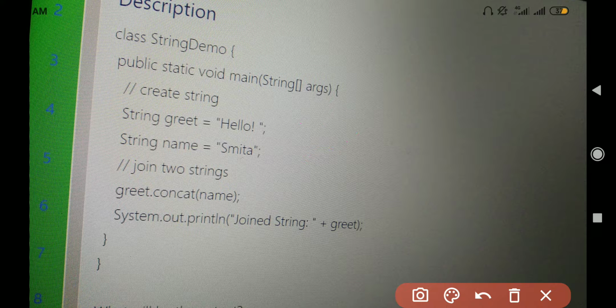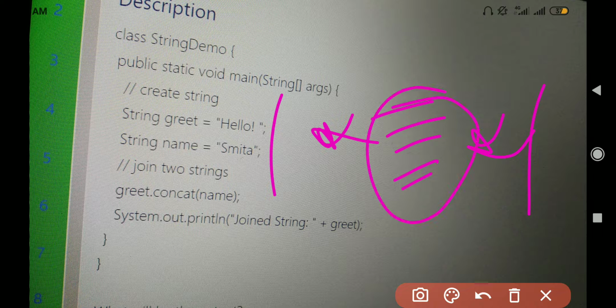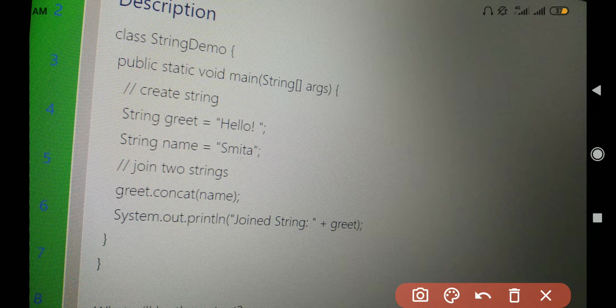Now at this particular line, these are comments guys, no need to worry about these things. If I am writing something like this, then they are considered as comments in Java. If I am writing a slash-star and a star-slash and writing some lines in between, then this is a multi-line comment. We know about these things, right?